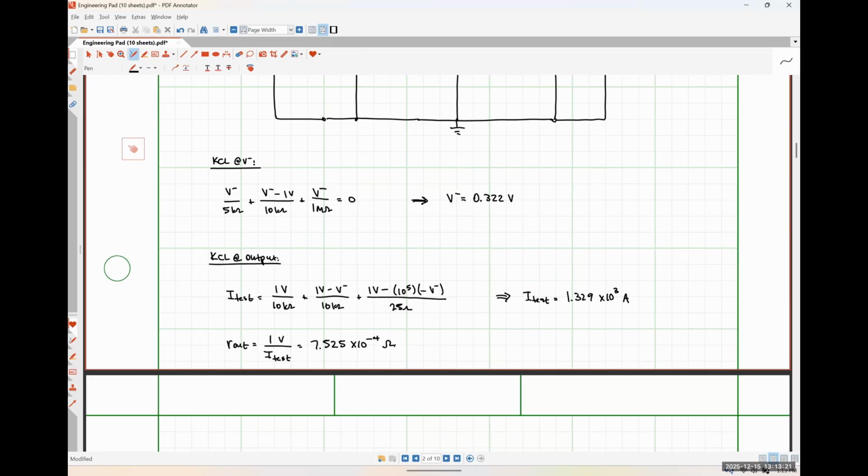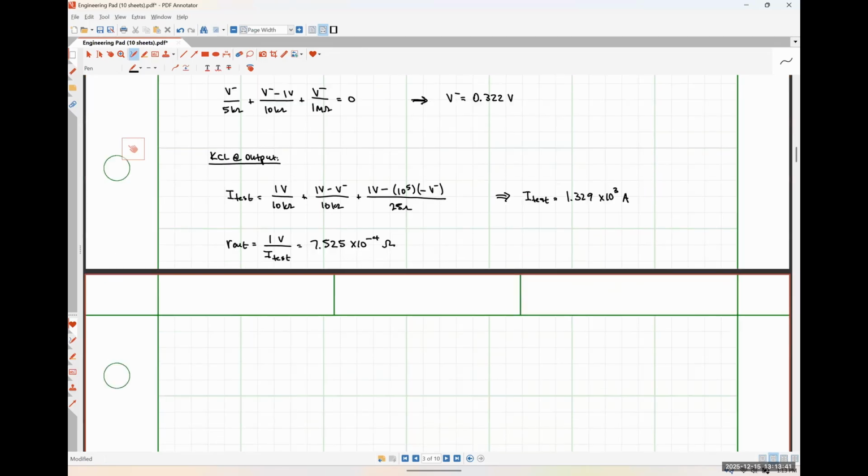What I would like to do now, since we have, I guess, 30 minutes of class left, is I want to talk a little bit about the ideal op-amp model and all of that kind of stuff and where it comes from. Okay. So we're getting